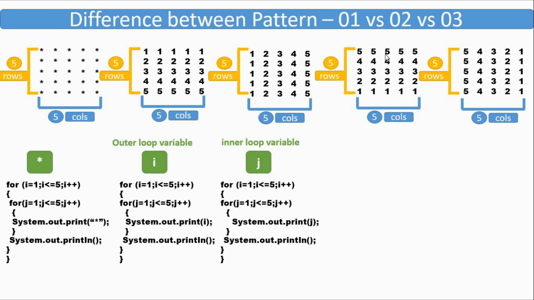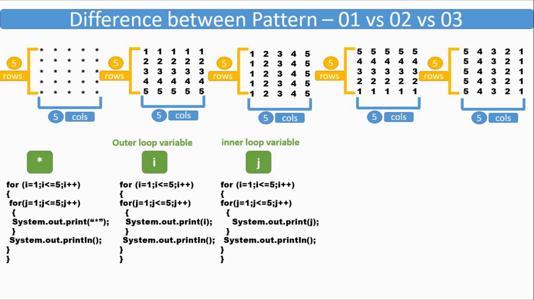Here the number of rows and number of columns are the same as the previous pattern, that is 5. So our inner loop and outer loop will run 5 times. Now you should also be able to judge which value this pattern will print. In all 5 rows the values are constant, that is, in the first row there is 5 times 5, and in the second row there is 5 times 4, and so on. The only difference here is that the value 5 is printing in the first row, then 4 is printing in the second row, and so on. So the value is printing in decreasing order.